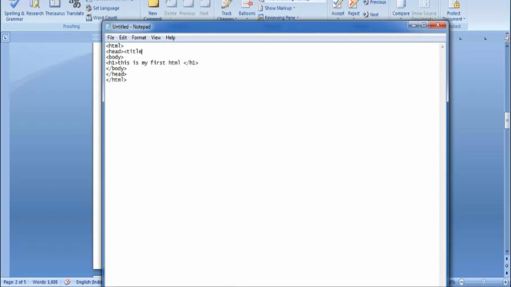Title, my web page, or whatever text you need, like my web page, and closing tag title. Okay, this looks good, and save it. This normal HTML program is just simple, and save as